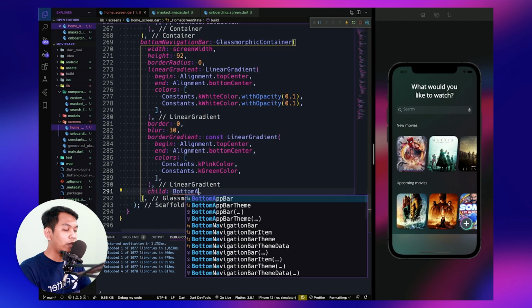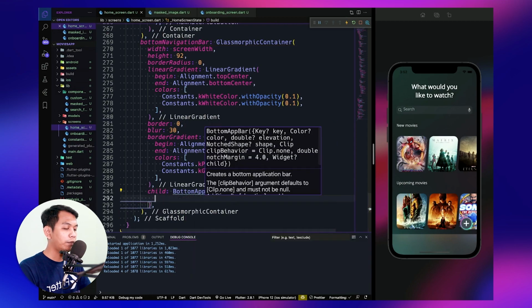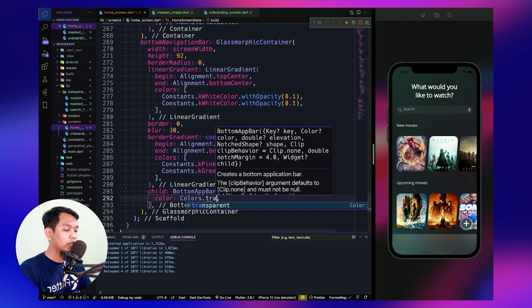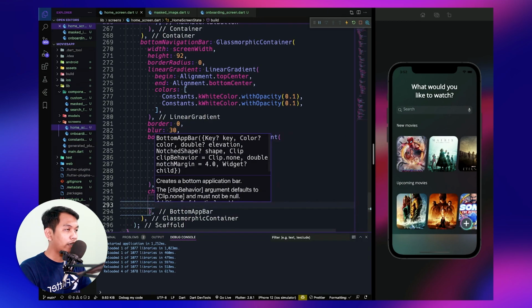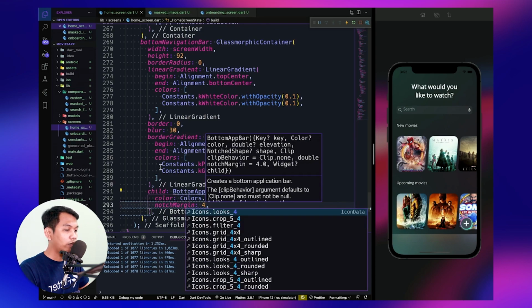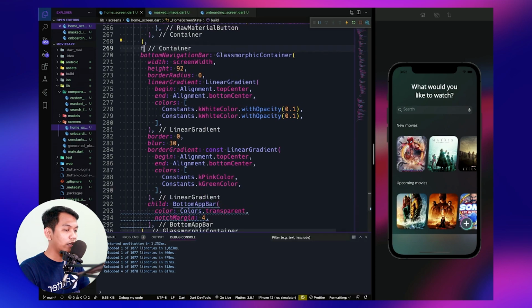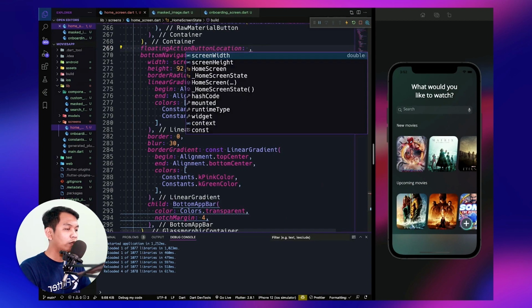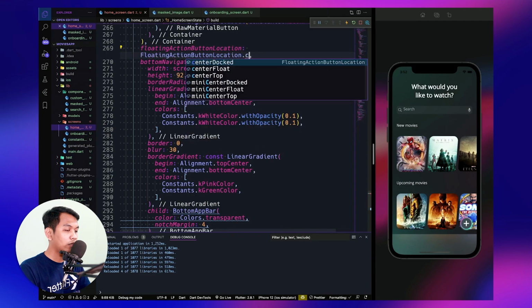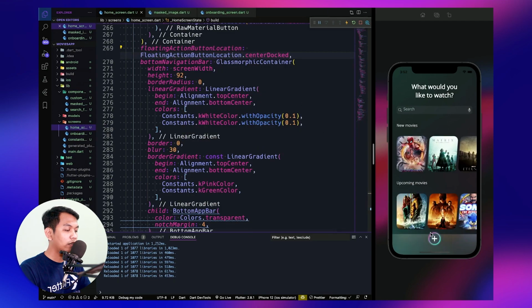For the child we will use bottom app bar, and for the color we will set it to transparent, and notch margin is 4. But before that we need to say here floating action button location, we will say floating action button location dot center dock to make it on center, look like this.